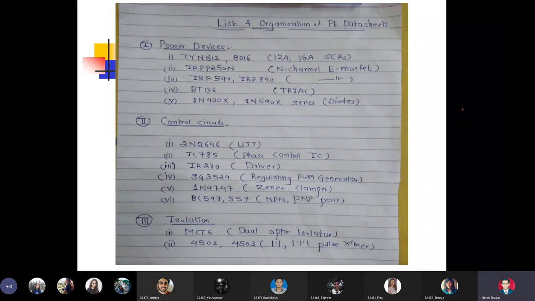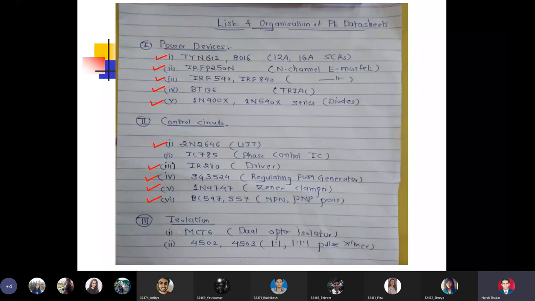Okay. And this is the list of part numbers which are used. So you are supposed to attach data sheets in the file. This is a future thing, but in the power device category, all the kits have virtual devices. So the different power devices used in all the 9 performance kits are listed here: the SCR, the power MOSFET, the TRIAC and the power diodes. Control circuit: UJT, then the driver IC, the PWM generator IC, then Zener clampers and the pull up pull down